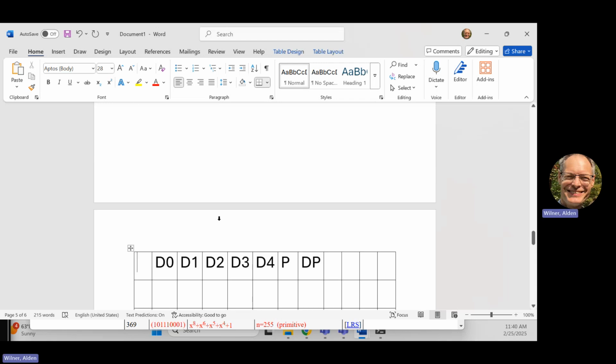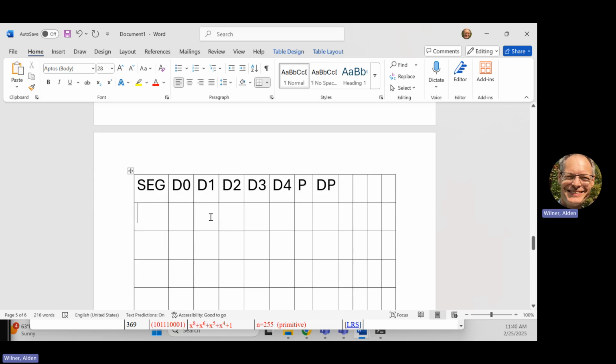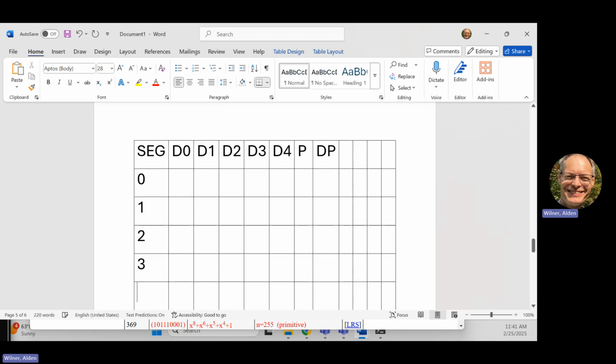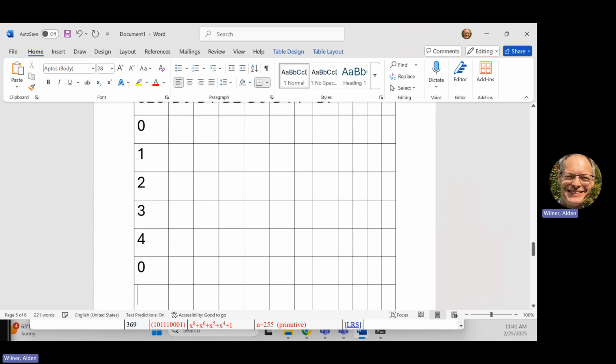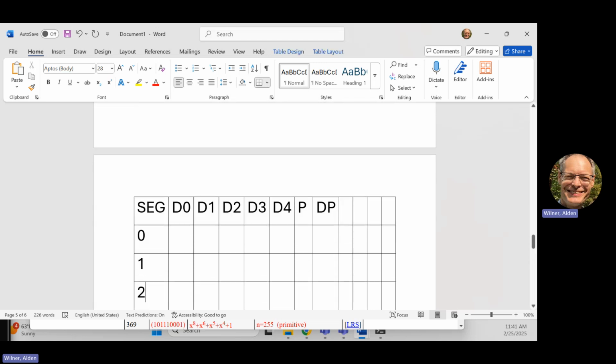We'll put in here, we'll call this the segment number or the block number. So how many segments are there? 0, 1, 2, 3, 4. That's a single extent. There are exactly as many segments or blocks in a diagonal extent as there are data drives. 0, 1, 2, 3, 4, and that would repeat. 0, 1, 2, 3, 4, so on, right? It just keeps going. Diagonal stripe 0, and the segment number is in fact